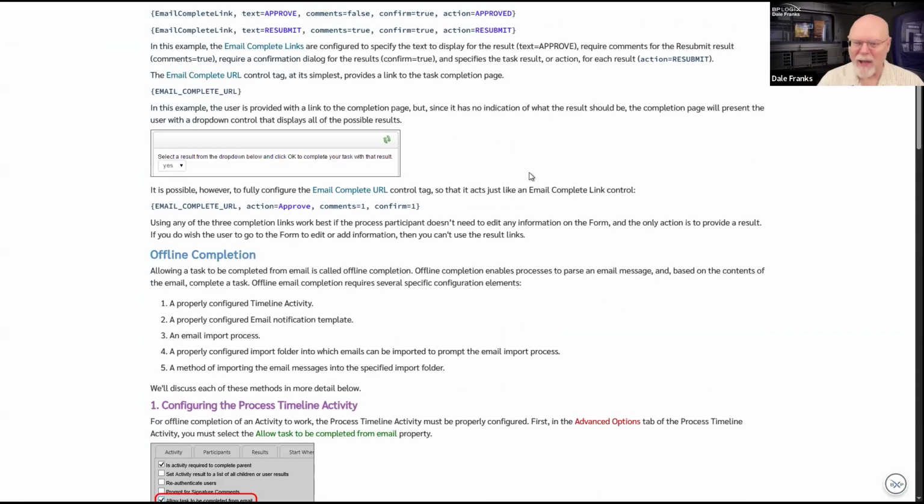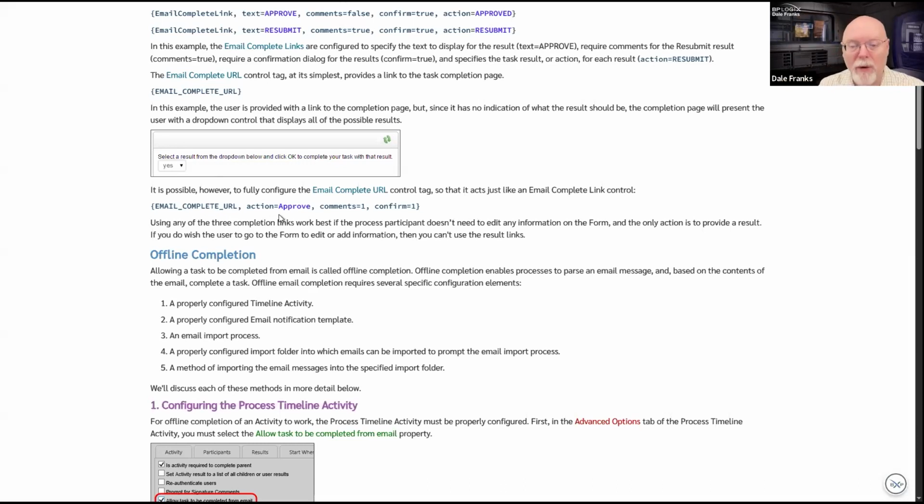Although you can't see it if it's all blue, but that's what it looks like. It just gives you the ability to pick a result from a drop-down. Now, if you click one of the result links, it will already be pre-selected for you. So if your result is yes, and you click on that, it will show up like this, pre-selected for you.